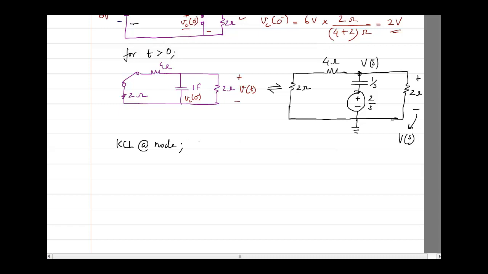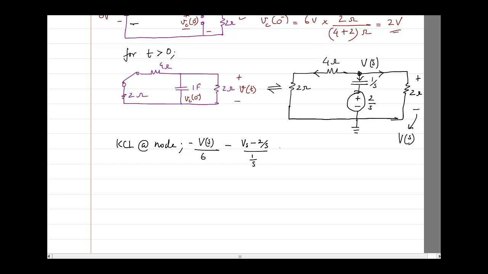So I will get V of S divided by 2 plus 4, which is 6. That is for the first branch. So let me draw the current. All currents are supposed to be moving out. So this is minus V of S divided by 6. Then the next one is minus V of S minus 2 by S. Why? Because it's a voltage source, divided by